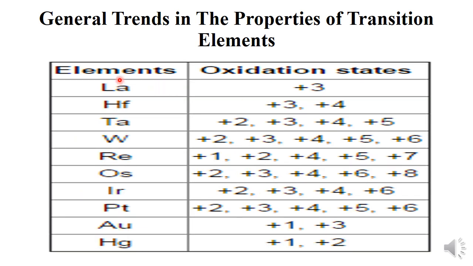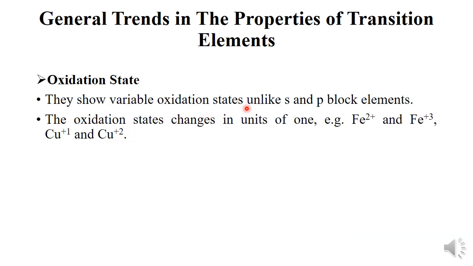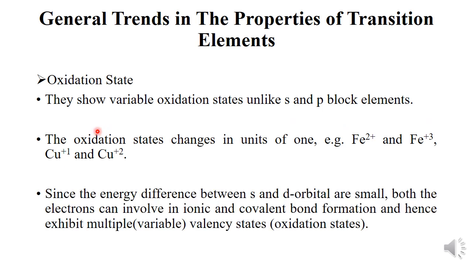So next is the 5d series. Again, in this case, the members can show different oxidation states. So they show variable oxidation states unlike s and p block elements, and their oxidation states change in units of 1. For example, Fe2 positive and Fe3 positive, copper 1 positive and copper 2 positive. Why are they showing the variable oxidation states? Since the energy difference between the s and the d orbitals is very small, in this case both the electrons can be involved in ionic and covalent bond formation. So that's why they can show multiple oxidation